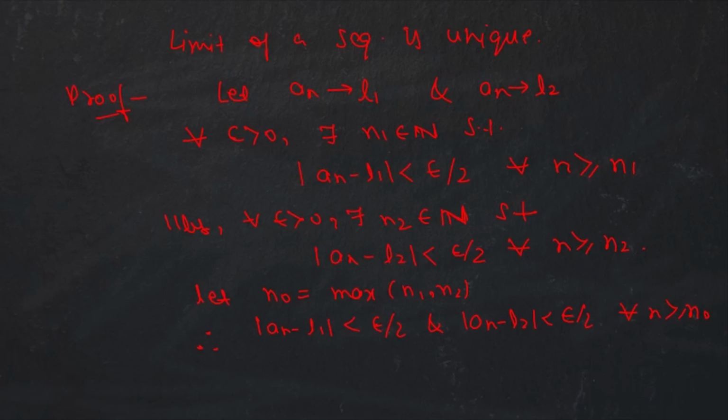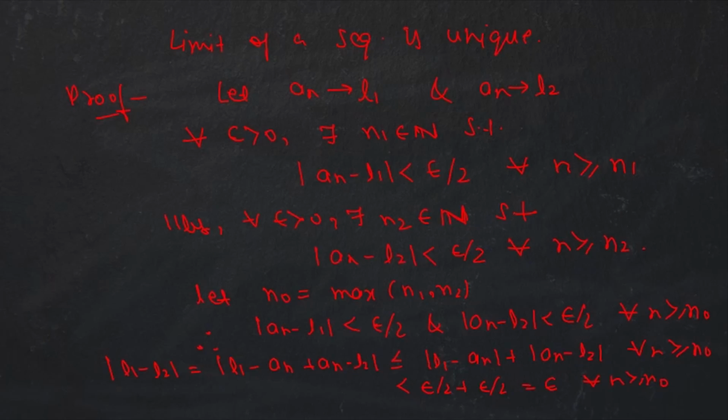You can see this very easily. We have seen this in the case of limit of a function, right? So therefore |a_n - L1| and |a_n - L2| will be simultaneously less than epsilon by 2. So let's consider |L1 - L2|. This will be equal to |L1 - a_n + a_n - L2|, right? So by triangle inequality this will be less than or equal to |L1 - a_n| + |a_n - L2|, for all n greater than or equal to n naught, and this is strictly less than epsilon by 2 plus epsilon by 2, which is epsilon,